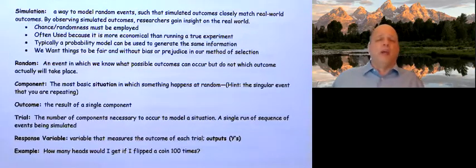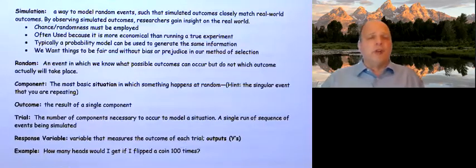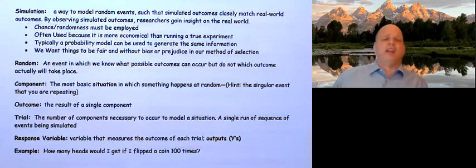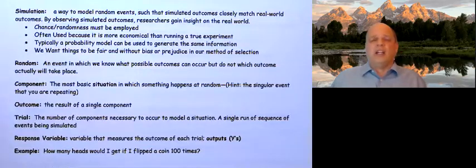Like when we flip a coin, if the coin's a fair coin, we know that we can either flip it and get a heads or we can flip it and get a tails, but we don't know which one is going to happen. So that's randomness. Rolling a die is the same way. If we're rolling a 6-sided die, we know we're going to get a 1, 2, 3, 4, 5, or 6. But assuming it's not been rigged, we don't know which one is going to occur.